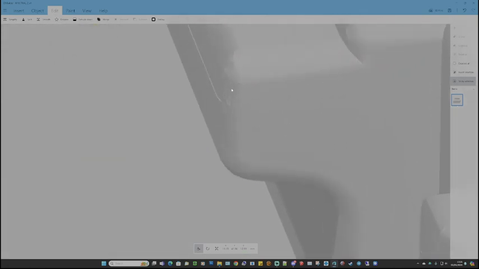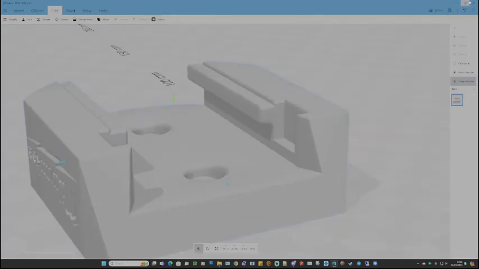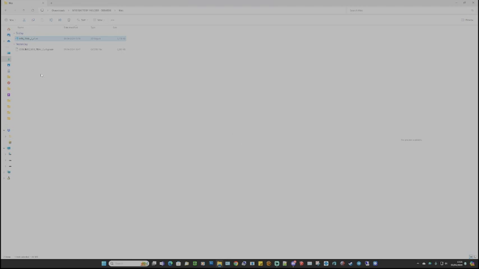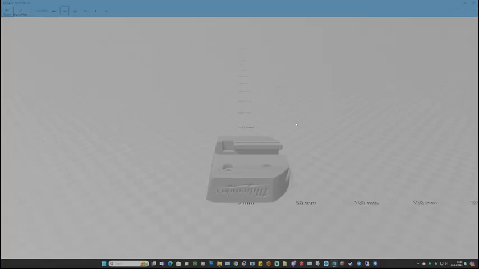It's reduced the quality of these corners. You end up with all these little bits in place. So what you don't want to do is that. So I'm going to close it and I'm not going to save it. Now I'm going to take the file that we just created that's got multiple parts in it now, reopen it